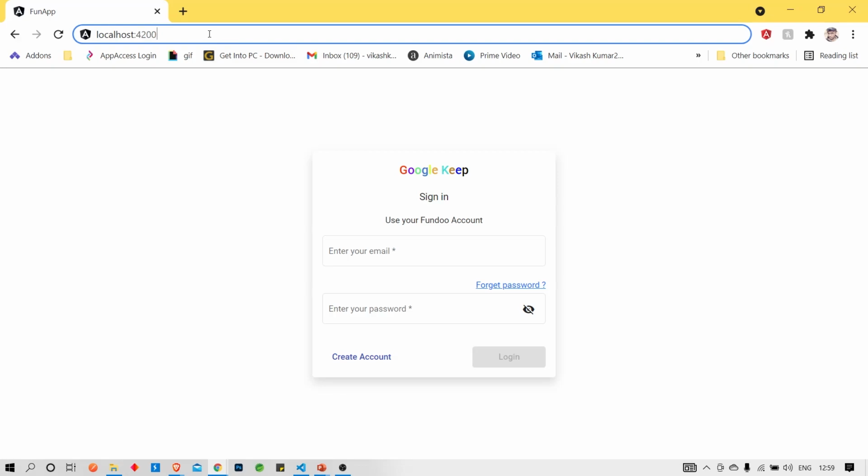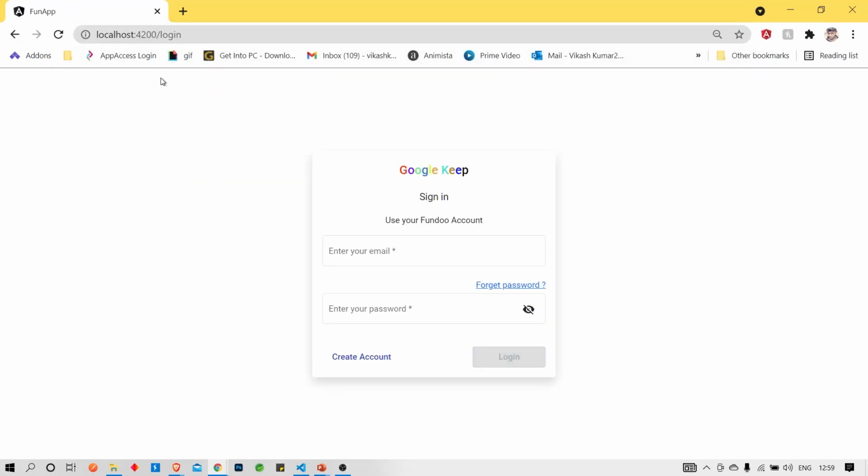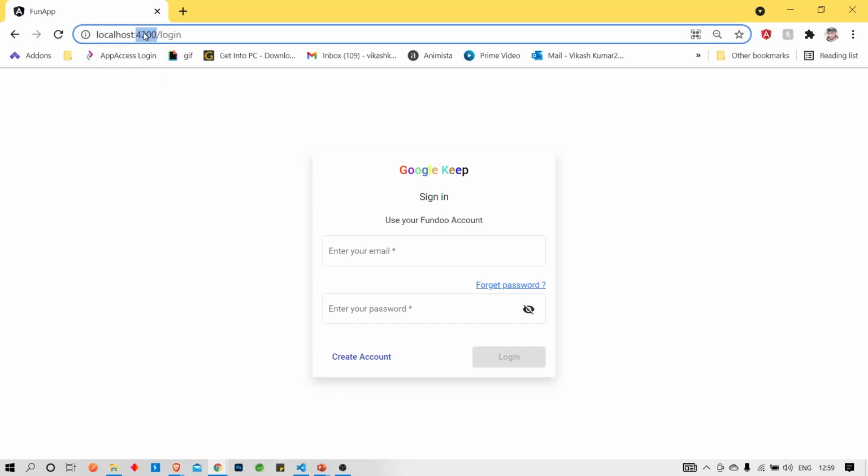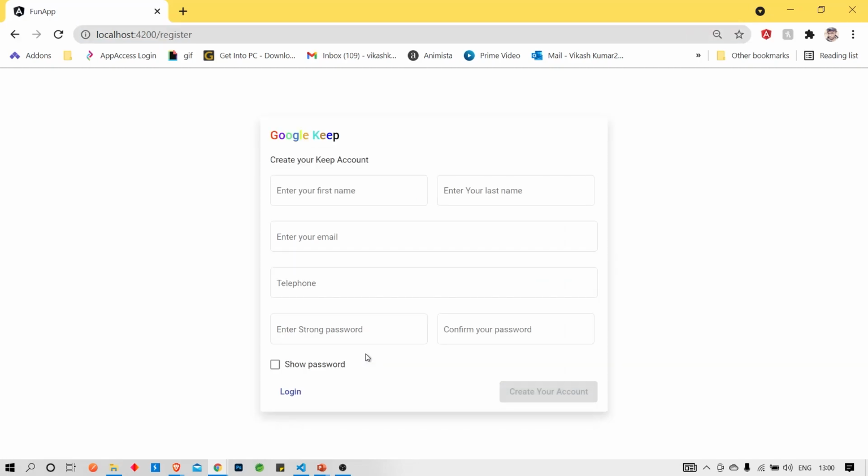If we hit it, you can see that before we have given 4200, it automatically redirects to login. Here you will get to know what we are trying to make. Before that we have to make an account, so we will click here.